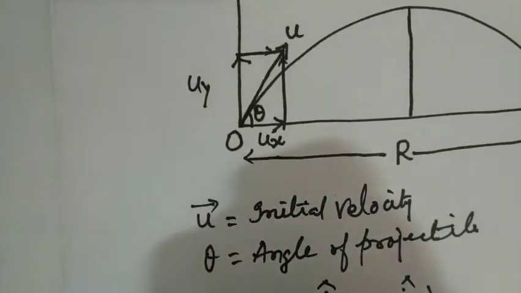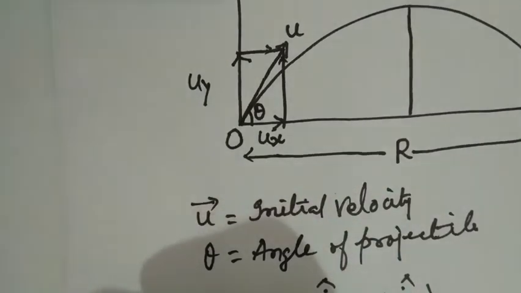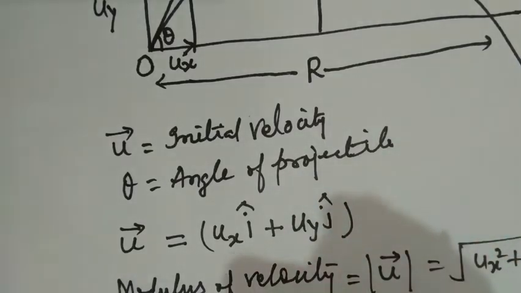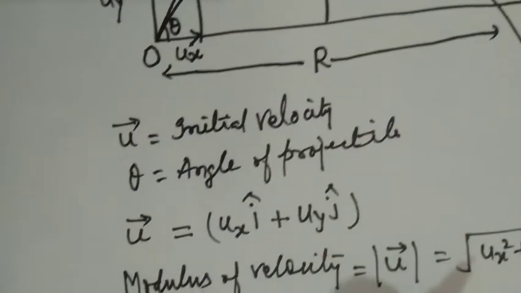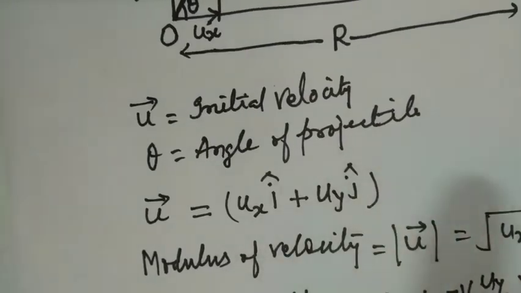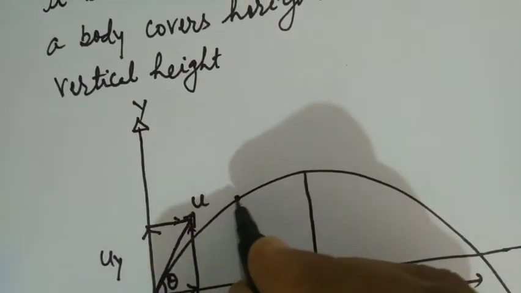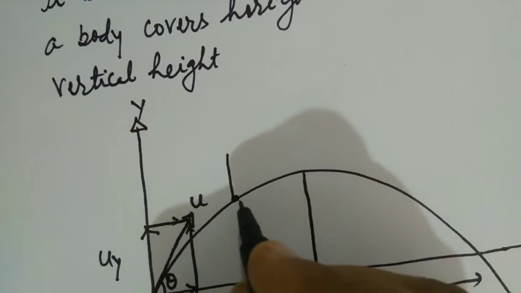So let us consider some examples. If a bullet is fired into air, its motion is projectile motion. A football kicked by a player, or a bomb released, dropped from a flying aeroplane onto the earth, follows such a type of path. So we will now see the various positions of the projectile.